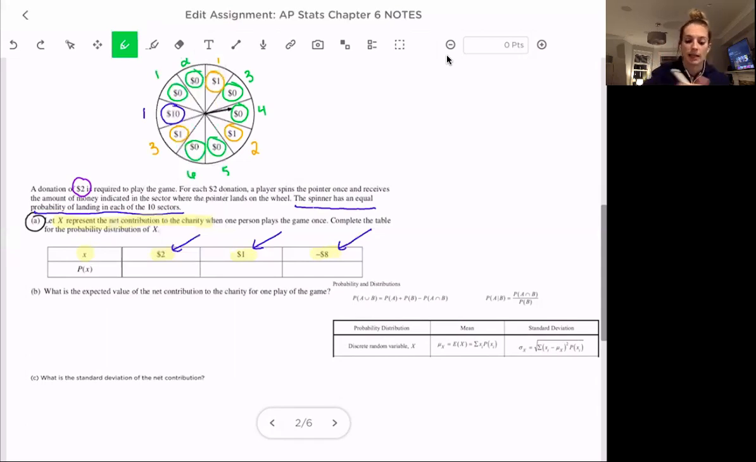$0 on the spinner. Let's say you land on $0. Let's think about what that means to the charity. If you land on $0, you as the player paid $2 to play, right? You paid $2, but you landed on 0. So the net contribution